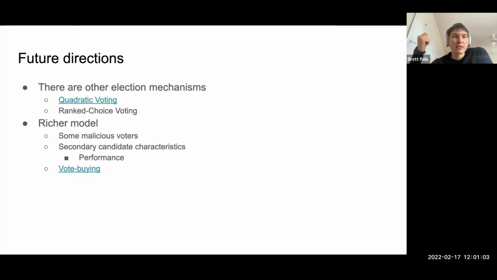Another thing we'd like to do moving forward is make the model richer. Right now, all of our voters have aligned incentives. They want an honest committee. But what if some fraction of the voters are malicious, or some fraction really care about performance? Or if there's vote buying, which is actually a topic of discussion. There's lots of vote buying on these systems. It's very easy to set up contracts where you can pay people to vote for you as a block producer, and then you share your block rewards with them. This type of vote buying is really prevalent in these systems. How does that change things? I think that's a really interesting question.